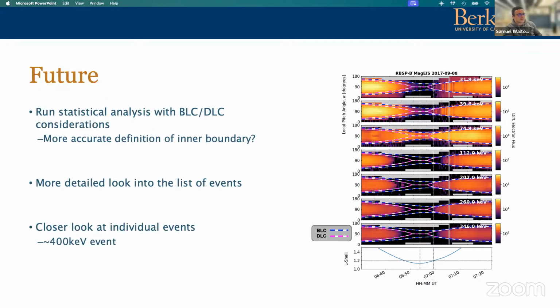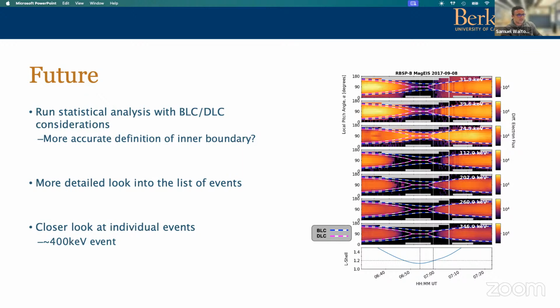And then a speculative thing that Selene and I have been discussing is the fact that even though they're in the drift loss cone, they might not be lost, because this calculation isn't taking into account local electric fields down that low. And I think current global electric field models don't capture the smaller, more fine variations down at that lower L. So in the long term, we want to calculate an energy dependent drift loss cone, which factors in electric fields.